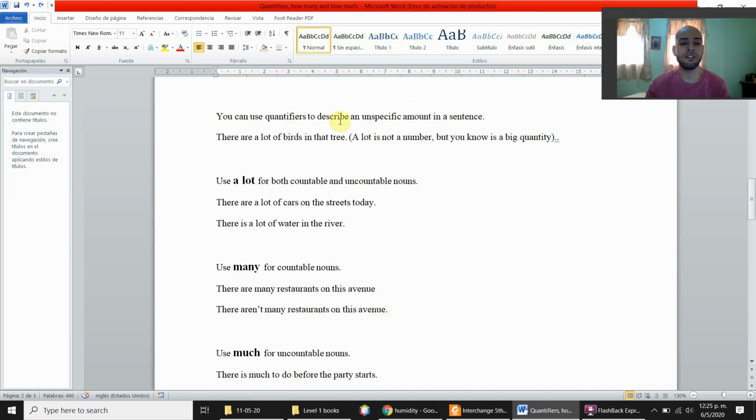You can use quantifiers to describe a specific amount in a sentence. There are a lot of birds in that tree. A lot is not a number, but you know that it's a big quantity. It's another type of quantifiers. Remember, we saw quantifiers